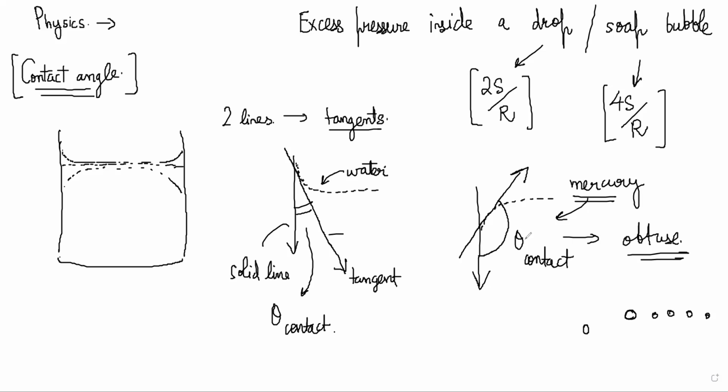It basically has a strong tendency to be like this rather than wetting the glass surface like this. It has a strong intermolecular or cohesive force. So it has a higher tendency to be like this, and the angle of contact will be obtuse in the case of mercury. We will understand in a little more detail why this angle is like this in water and like this in mercury. So let's read what he's writing here.